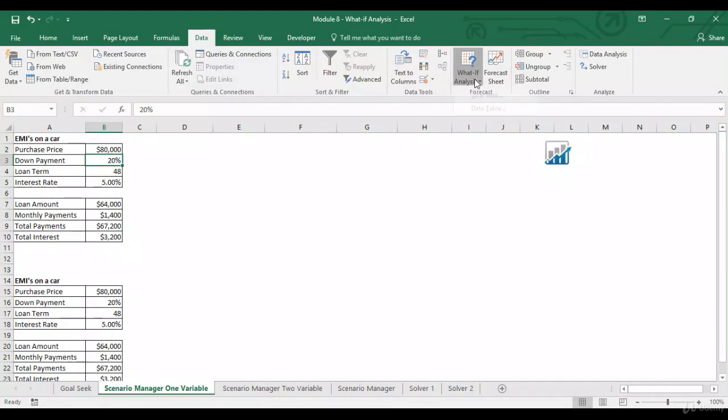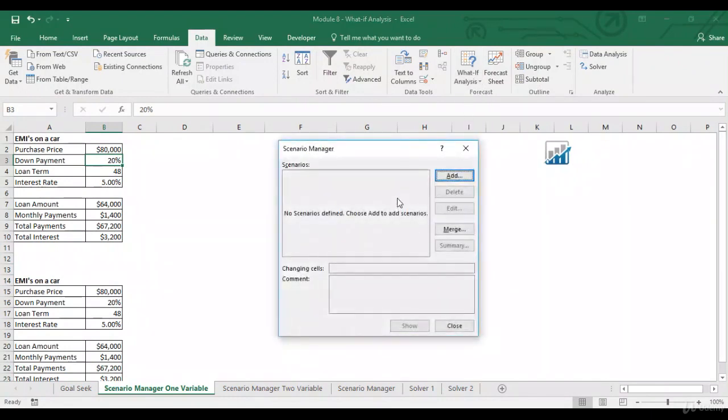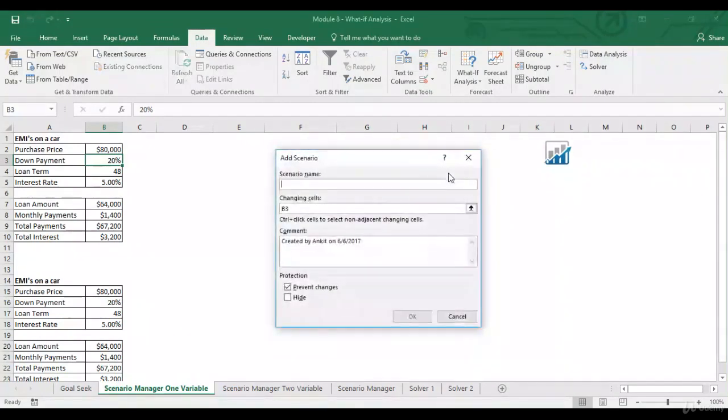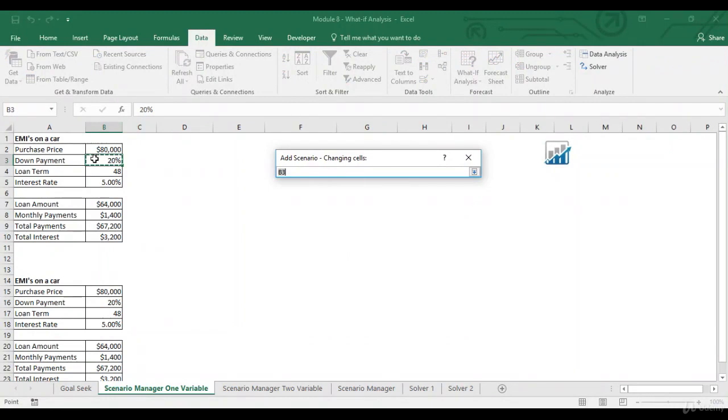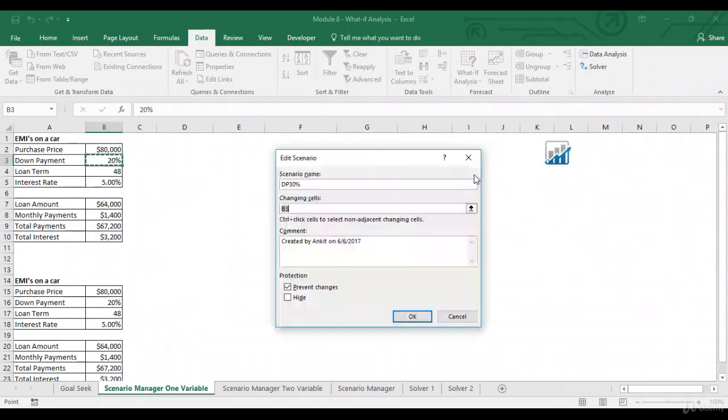So let's go to What-If Analysis and click on Scenario Manager. Right now there is no scenario defined. To add a scenario, click on Add. Always keep a name so that whenever you look at it, you know what it is going to do. DP 30% by changing cell, down payment, click on OK,